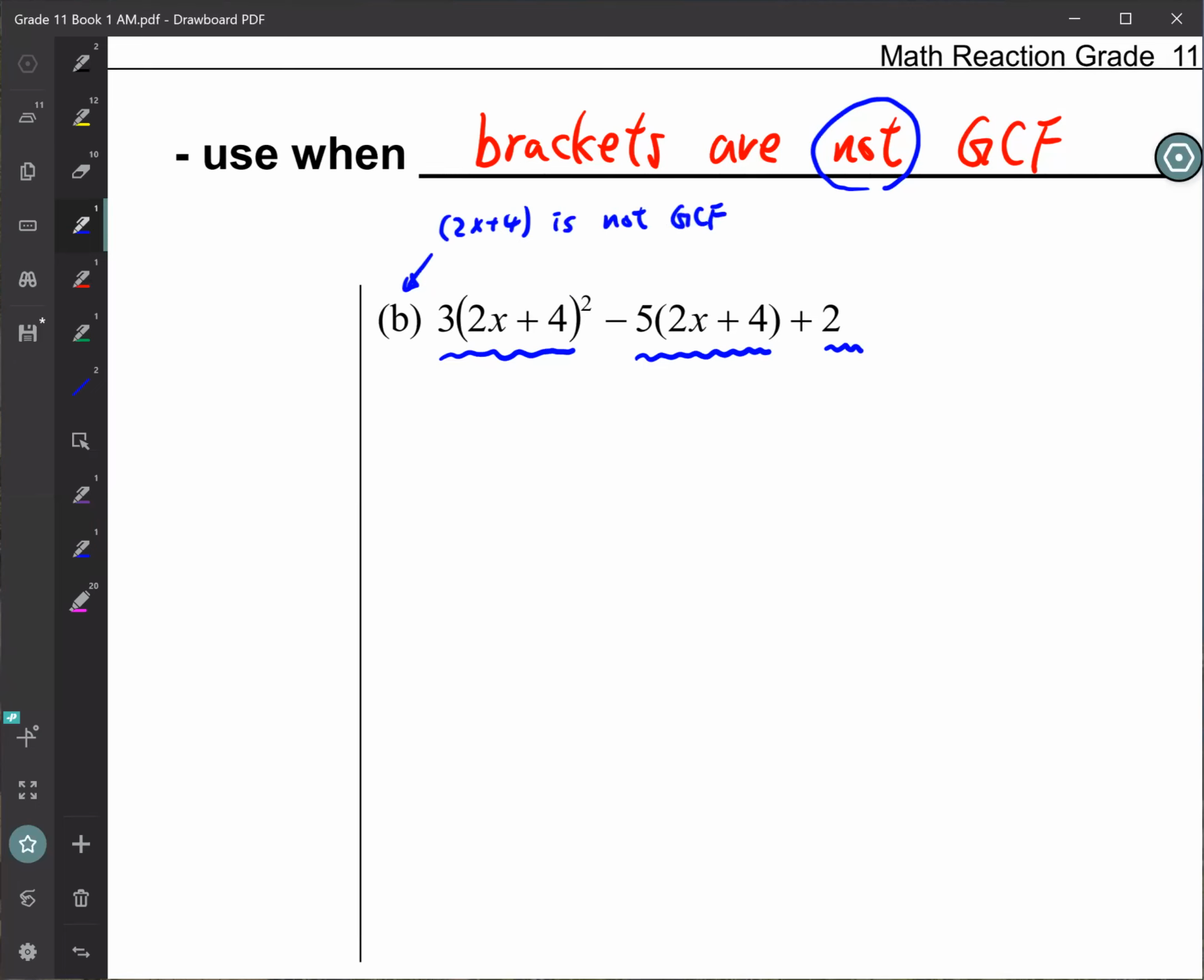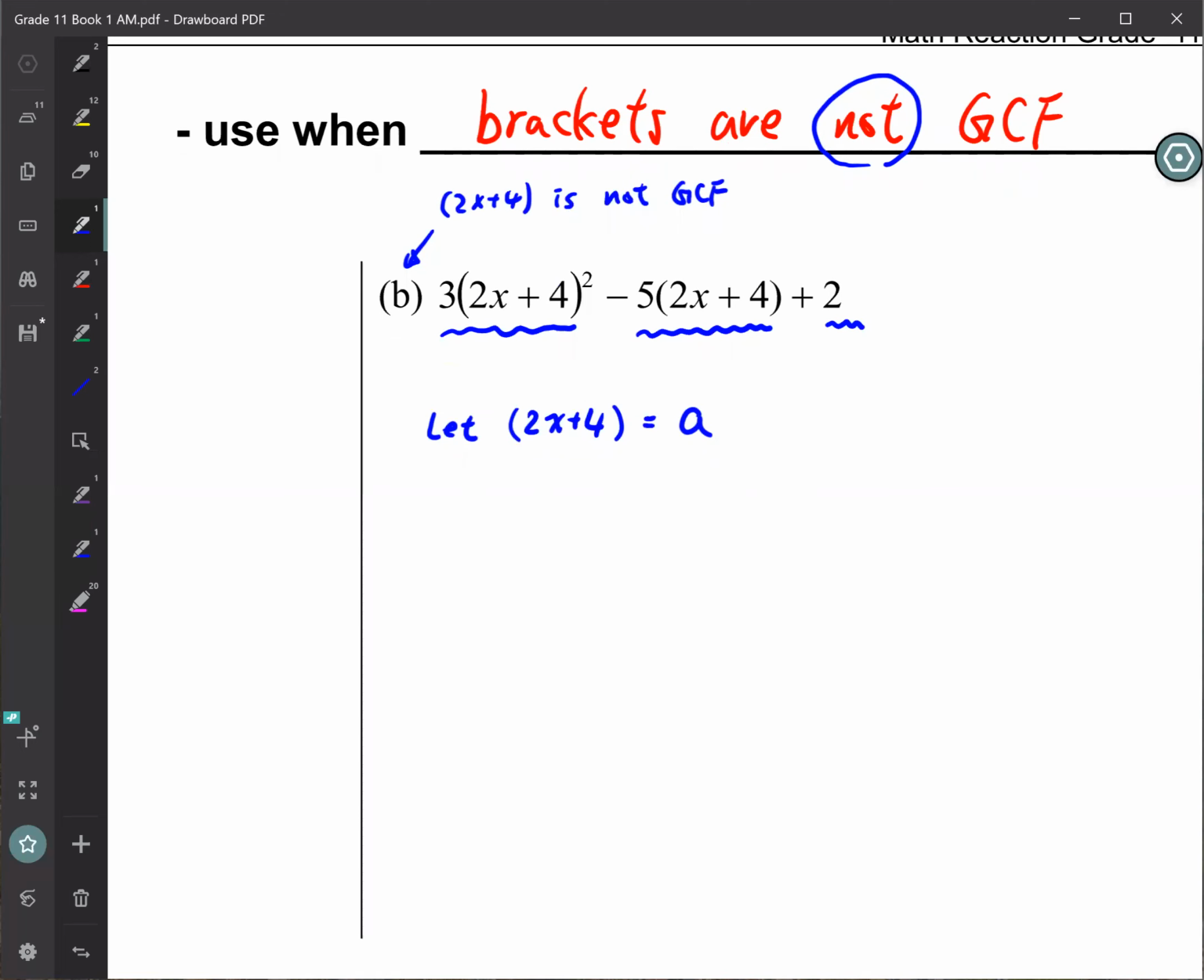Substitution is supposed to make the question look easier. So meaning that we're going to let the 2x plus 4 be replaced with a letter, okay? So we can choose a random letter that you like. So here, let's say we choose A. Okay, so the brackets, I'm going to replace it with A. I don't want to replace with X, okay, because the question already has X. So choose a different letter that's not in the question. So if I replace it, then the question will now become 3A squared, because the bracket becomes the A, minus 5A plus 2. Okay, after substitution, the question